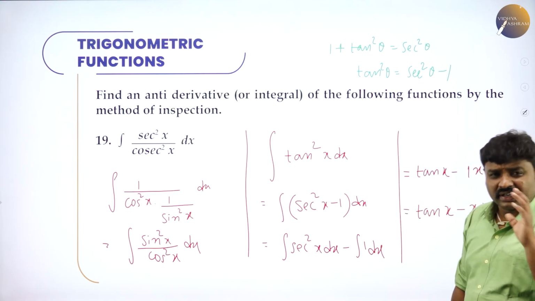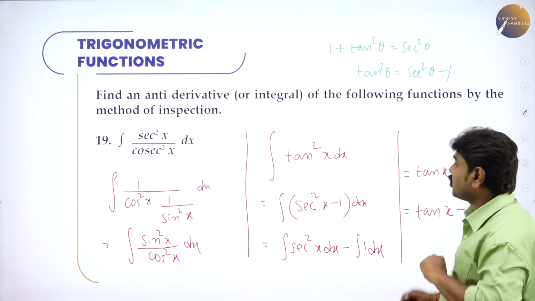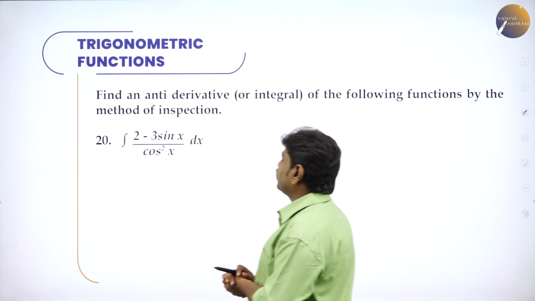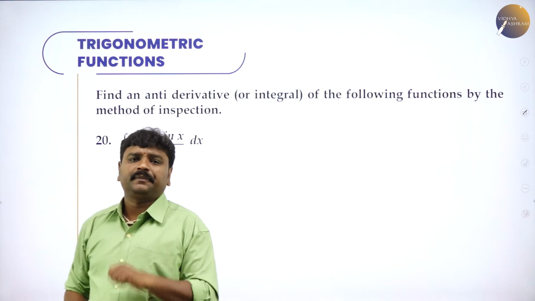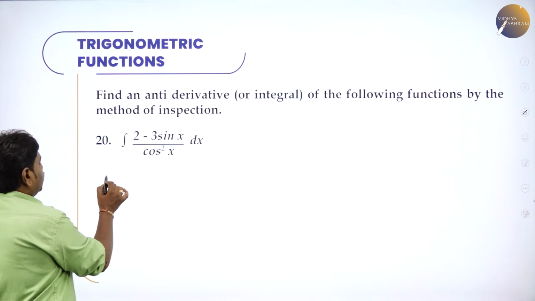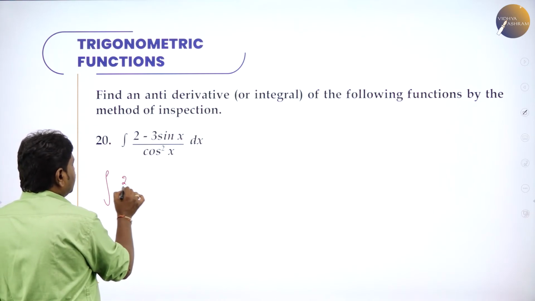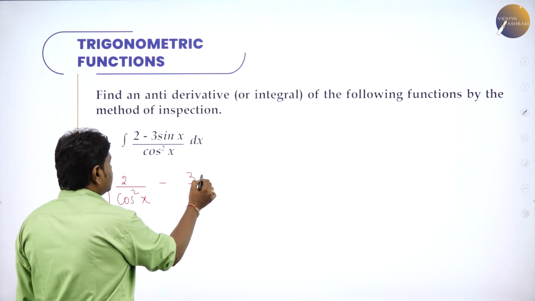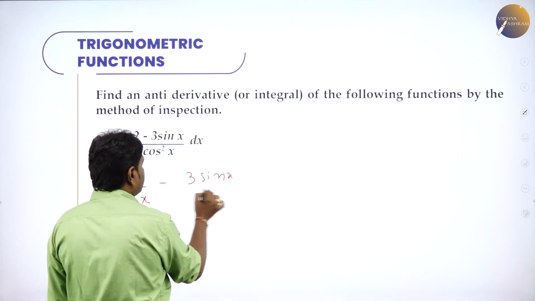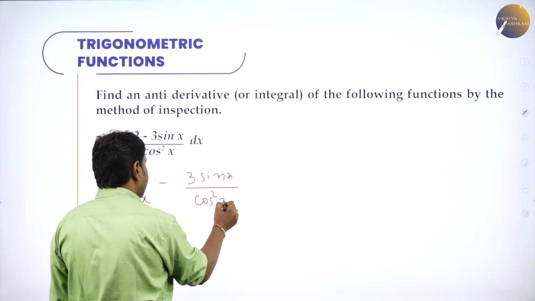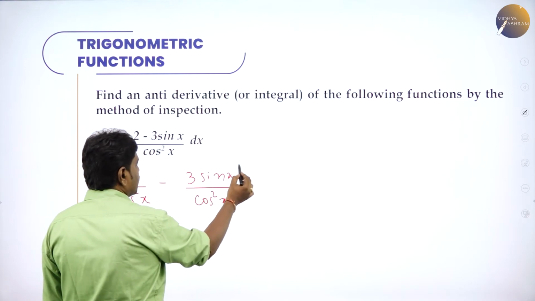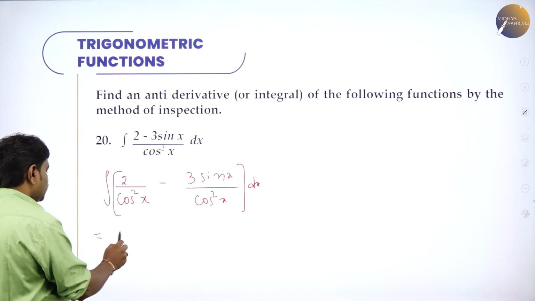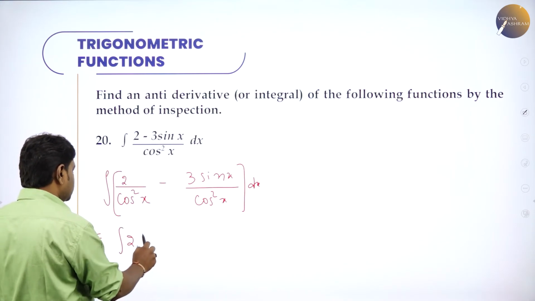I am repeating, integrals are not difficult, but reducing each problem to integrable form is a challenge. So now 2 minus 3 sin x by cos square x, split it. Integration of, can I write it as 2 by cos square x minus 3 sin x by cos square x into dx. Further, I can write it as integration of 2, 1 by cos square is secant square x